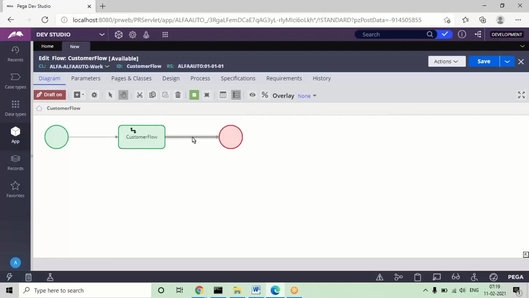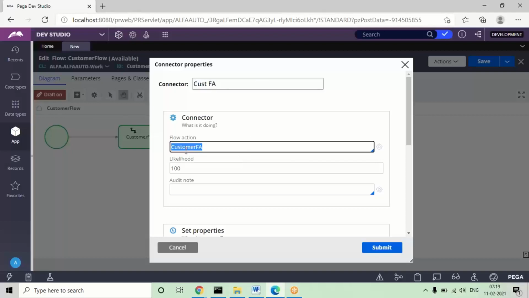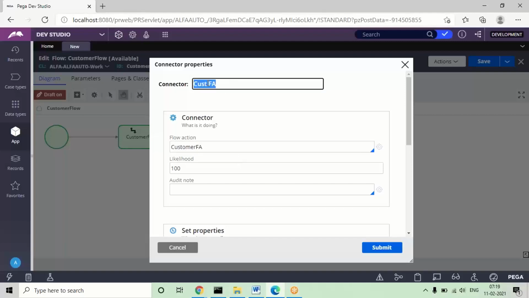Suppose you don't know whether it is given or not, you can also give a label for the connector. Here you can see the same thing, you can copy paste or manually give some label. The actual flagship name is given in the drop down here, but if you give a label here, then when other developers open the design, they can understand which flagship or which UI design is given in the connector settings. So that will also provide the label after giving the rule name.